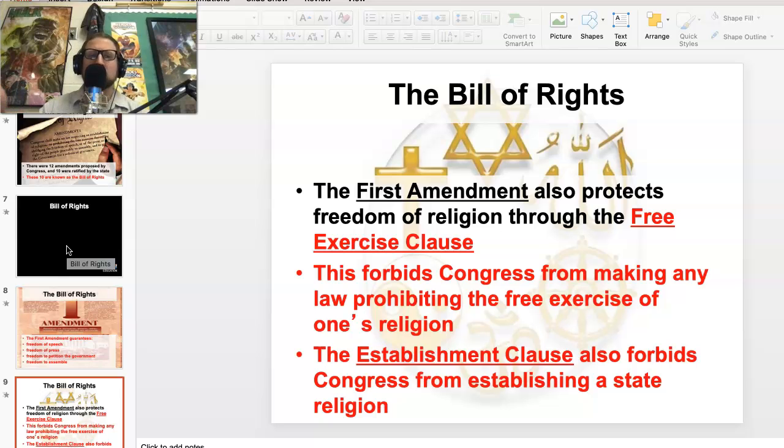However, the words freedom of religion never appear in the Bill of Rights, the U.S. Constitution, at all. Instead, you have the free exercise clause. You're free to practice any religion of your choosing, even if that's no religion at all. Added up with the establishment clause, the government can't establish a national religion. So therefore, these two things are interpreted together to create freedom of religion